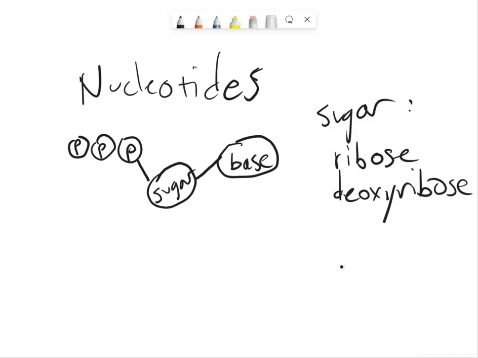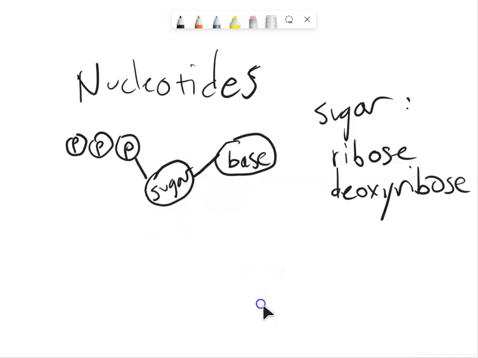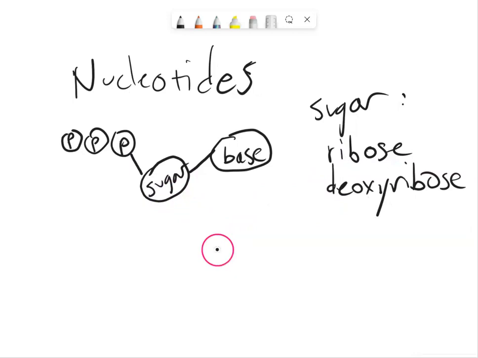And it might not shock you to know that RNA is made of ribose and DNA is made of deoxyribose. And that's just a difference of one little part of this sugar. But it has a huge, huge impact on biology when you switch to one version or the other. So the base part